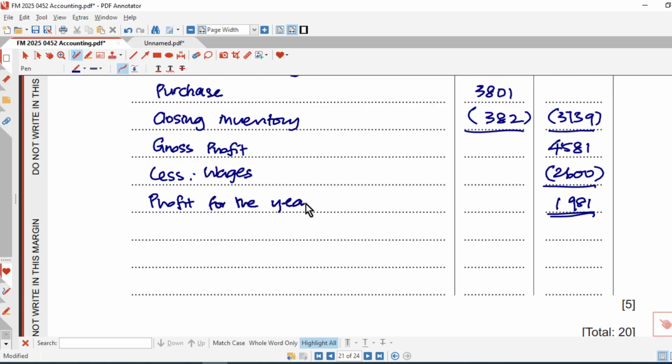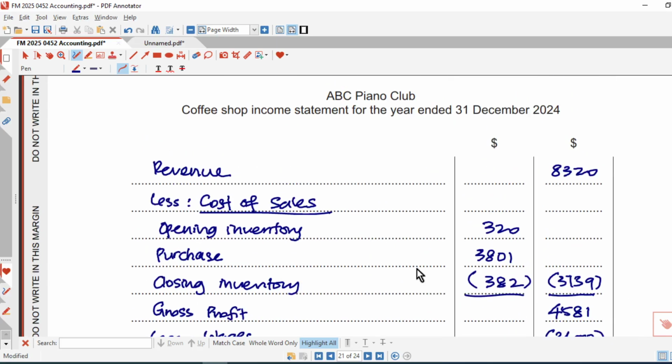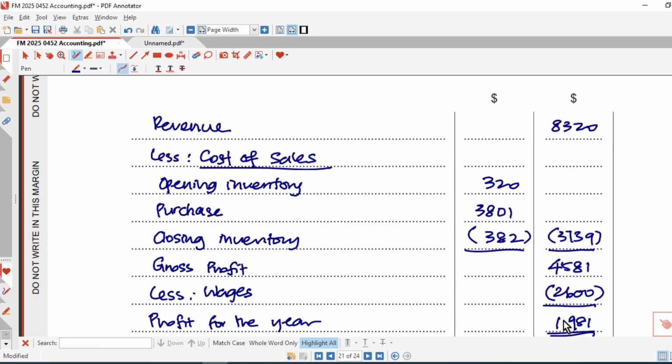Now you can use the word profit here because this is the coffee shop. It's not the club. If it's the club, then you would have to rephrase your words. You have to label this as a surplus for the year, right? And if it's a club, you wouldn't even be preparing an income statement. You'd prepare the income and expenditure account. Well, with that said,